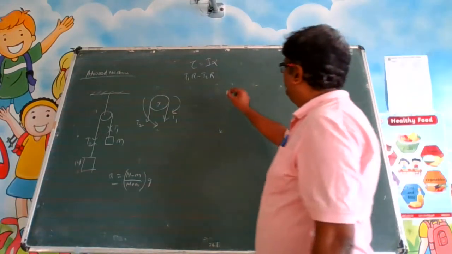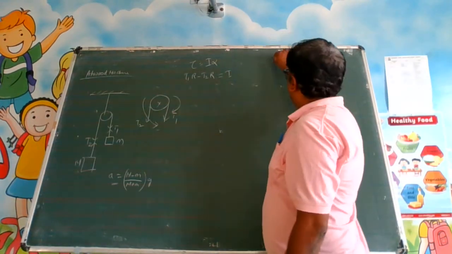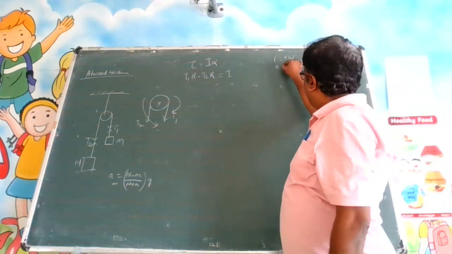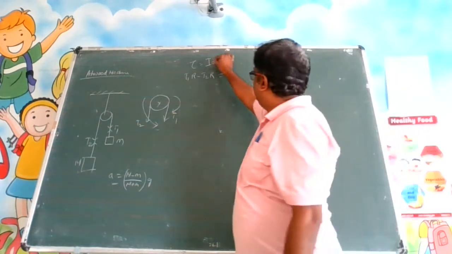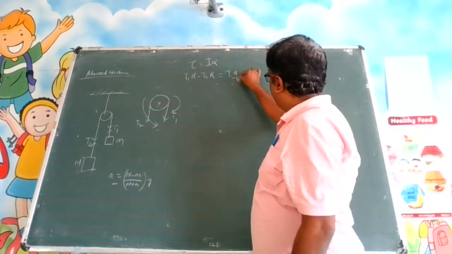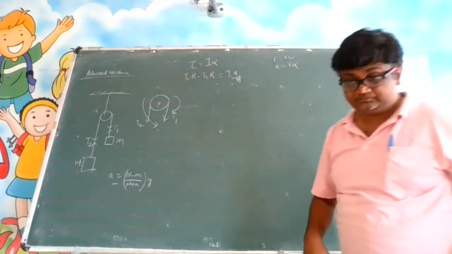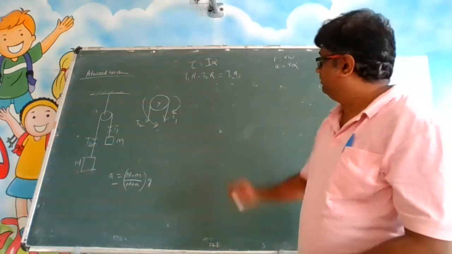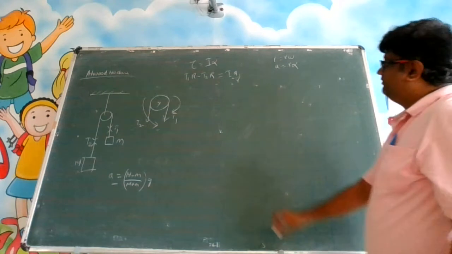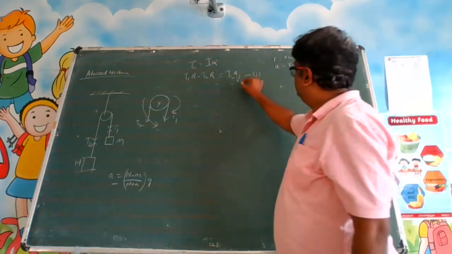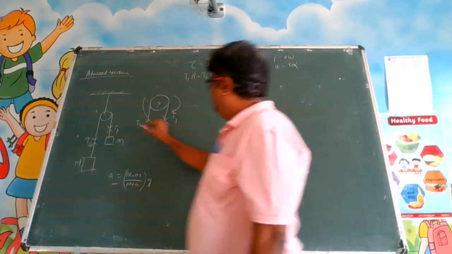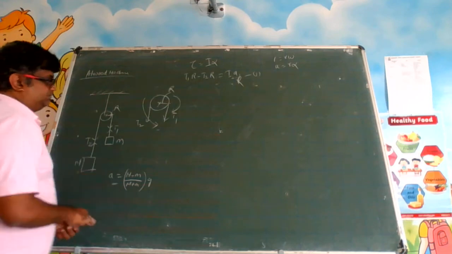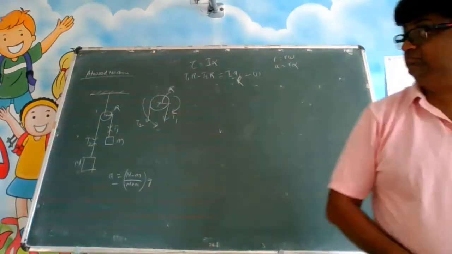Alright. Now this is equal to I alpha. You know that V is equal to R omega, linear to angular transformation. A is equal to R alpha. So can I write this alpha as A divided by R? What is this A? It is the linear acceleration. Right? A by R. So this is one equation I am getting. So this should be capital R because I am using capital R now. I am saying that this radius is capital R. Here the radius is capital R. So this is what we have for equation.